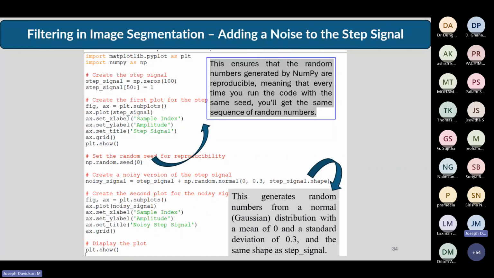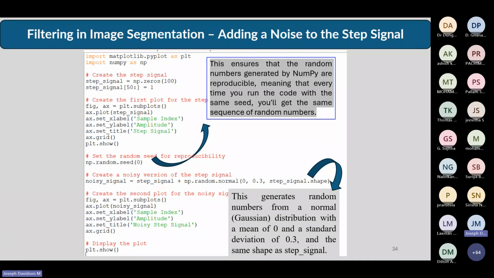The command used is random.seed. This creates a random number and adds it to the step signal. The seed means that however many times you run it, the same random number generated the first time is repeated every time. That is the only difference.